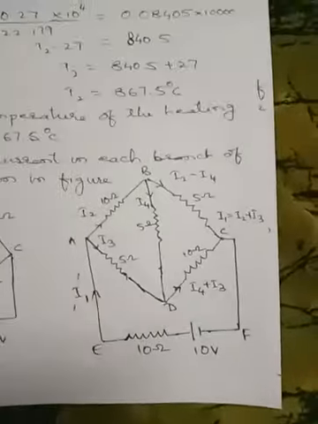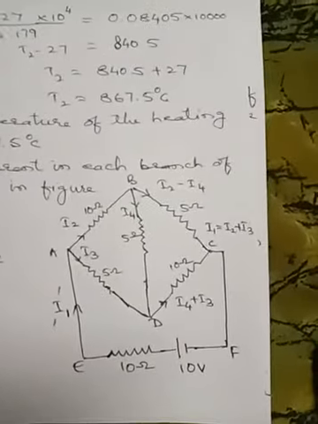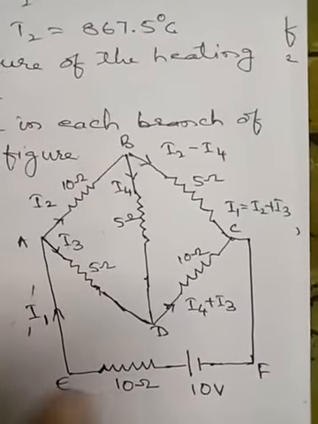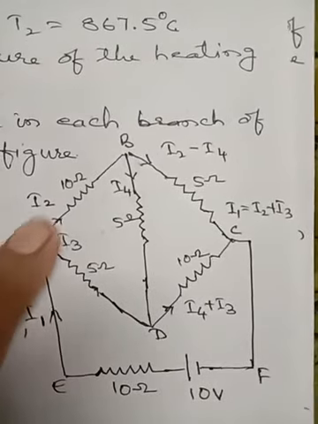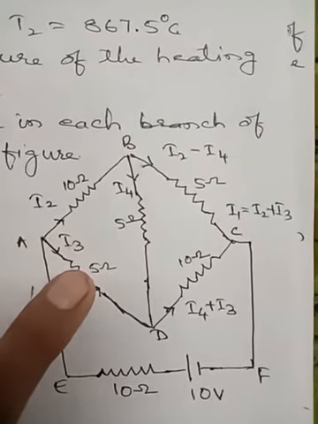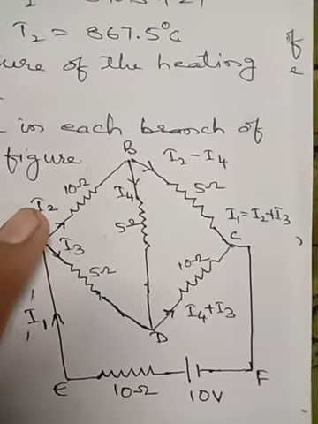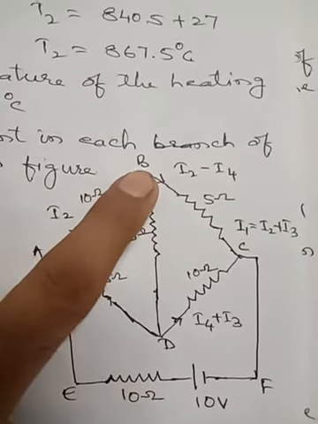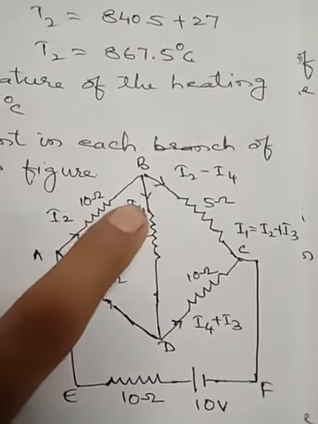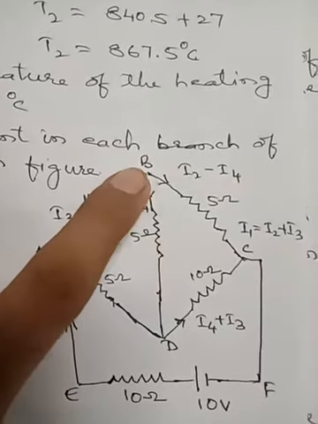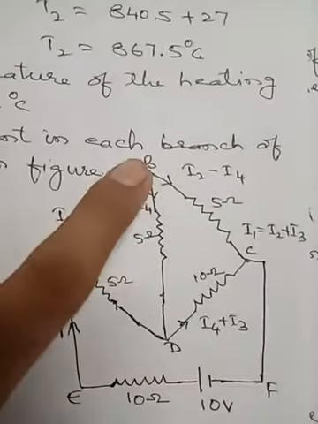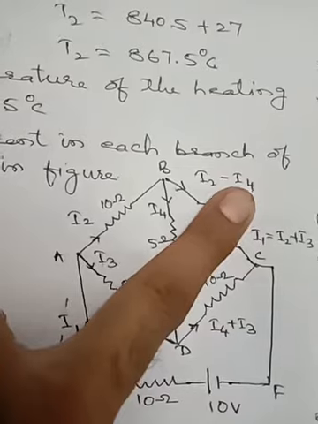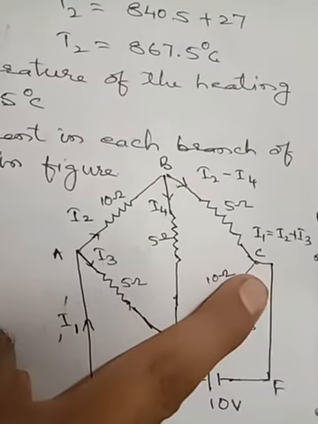Now for this, the corresponding current drawing has been made. If I1 amount of current is flowing through this circuit, I1 is divided in two parts, I2 and I3. Again at the point B, the I2 current will divide. So consider I4 as the current flowing through BD. What will be the current flowing in BC? I2 minus I4 will flow through BC.